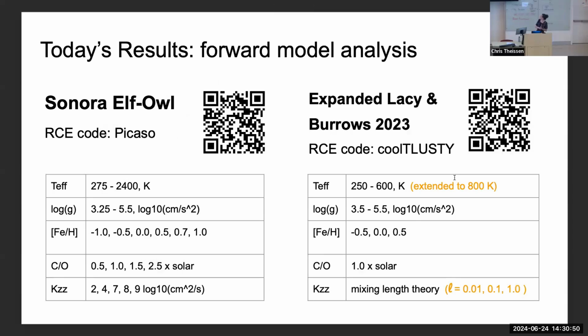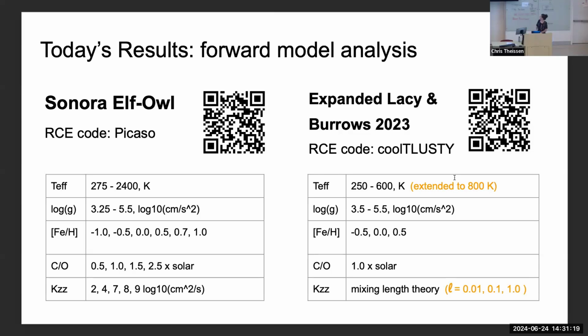Yeah. So as I said, I'll be doing more forward model analysis. That means I'm using some grids that I made and that Shognik Mukherjee made with 2 different codes. And I'm choosing to use 2 different grids because I want to capture some of the uncertainties in these codes and the assumptions we make, and then also because we've chosen to treat our chemistry slightly differently, which I will